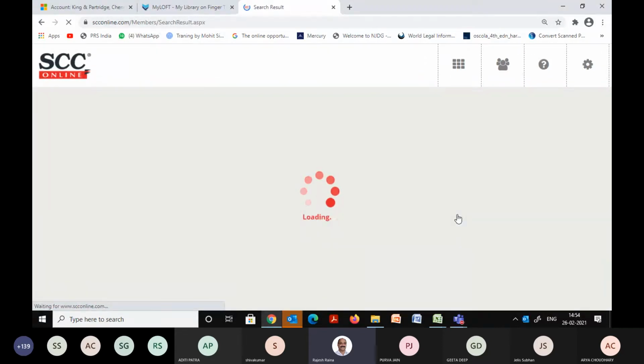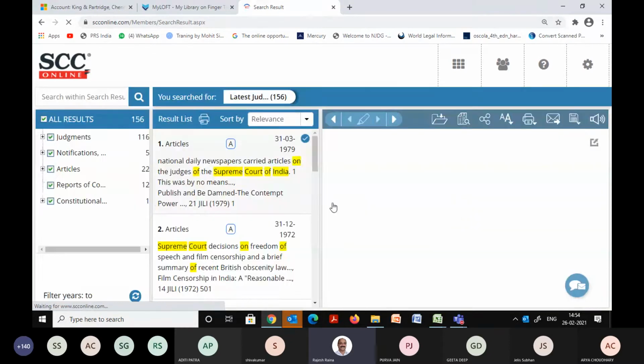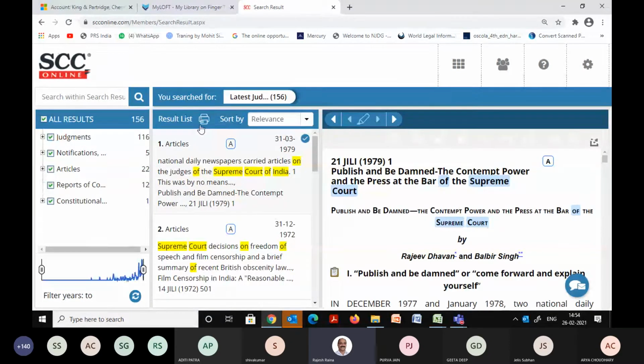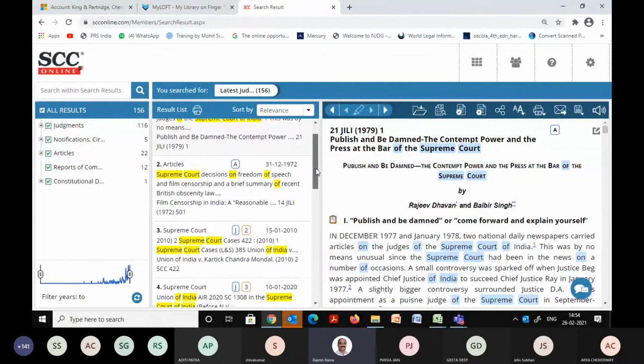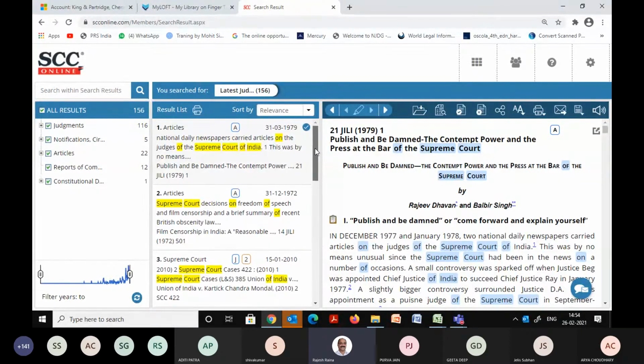Now I have keyed in latest judgments from Supreme Court of India. But as you can see, the result list that I'm getting is a total number of 156, it says, and there are some 116 judgments followed by 5 notification circulars and so on and so forth. Now in the result, it's showing me articles first, but I had searched for the Supreme Court of India, right?